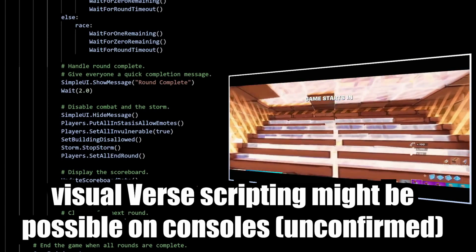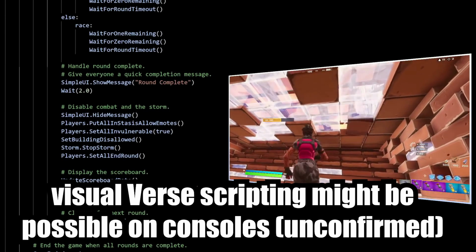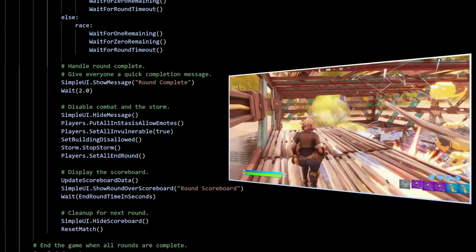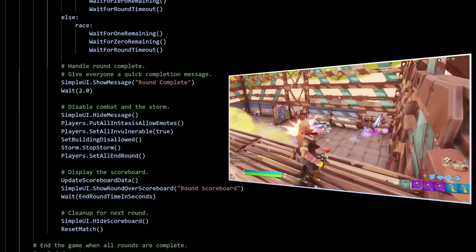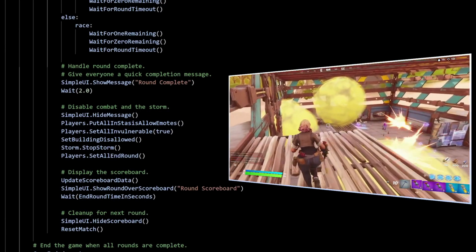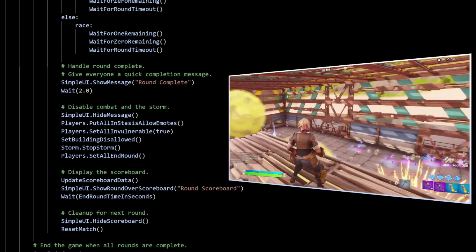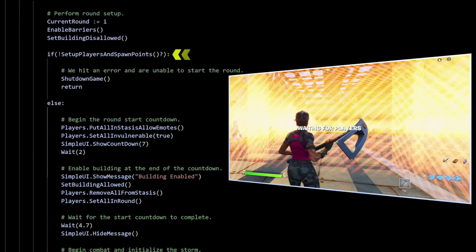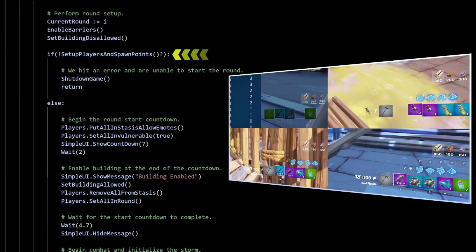You see, there were some leaks that suggest that there is also going to be a visual scripting language for Verse or in Fortnite, and this is totally possible. Check my Twitter and my other social media, because I'm posting some information about this from time to time when I find new information. Though those are predictions, I hope I won't guess wrong, because I'd have to remake this video, and it would come in yet another iteration of creative mode. And Epic said that they are working on Creators Economy 3.0.